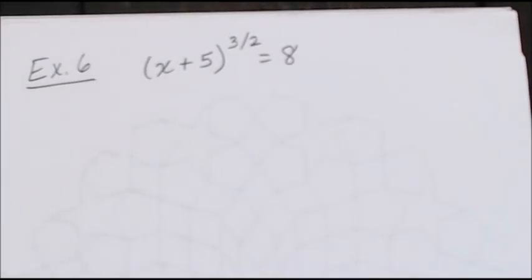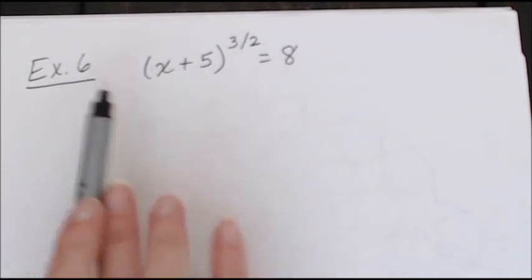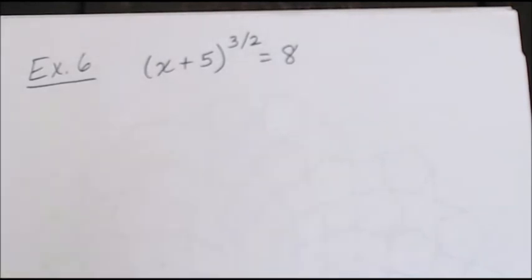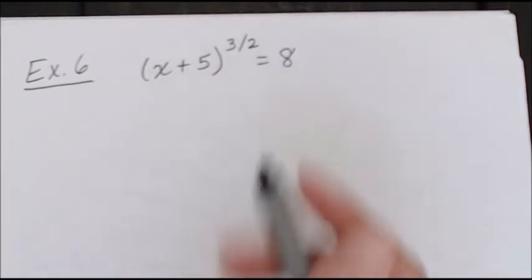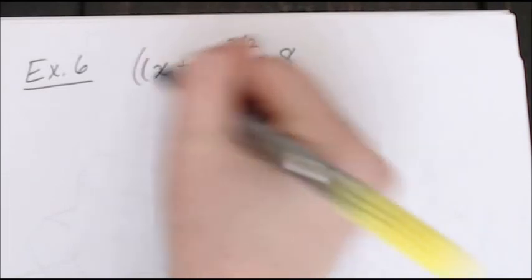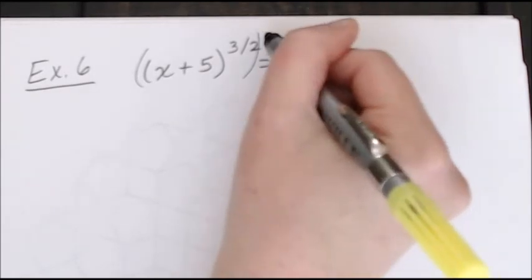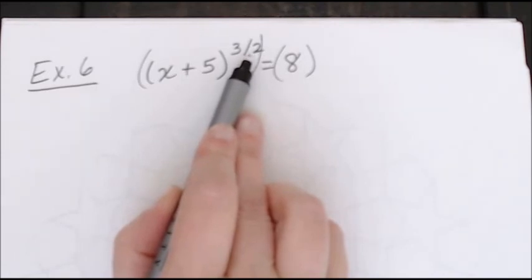So the way we're going to solve this, first of all, you want to isolate the thing that's being raised to the power. If there were a number in front, I'd need to divide it to the other side. If I were adding or subtracting a number, I would need to move it to the other side. But in this case, I just have the x plus 5 raised to the power expression. It's already isolated. So I'm going to go ahead and proceed with the next step, which is to raise both sides to a power that will essentially cancel out this 3/2. Let me show you what I mean. If I raise both sides to a power, I want you to think about what number I would have to raise this to over here to get rid of the 3/2. Remember that you multiply exponents when